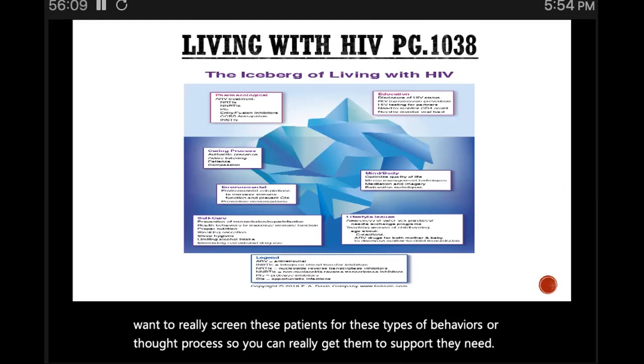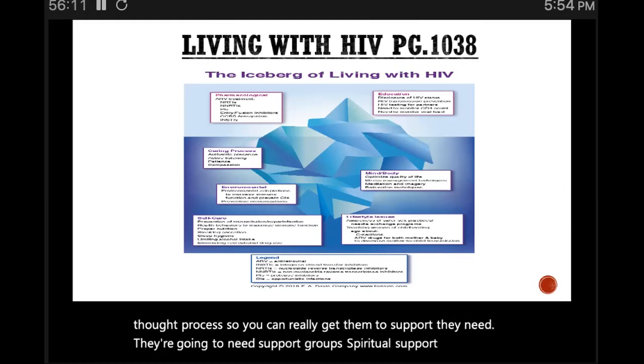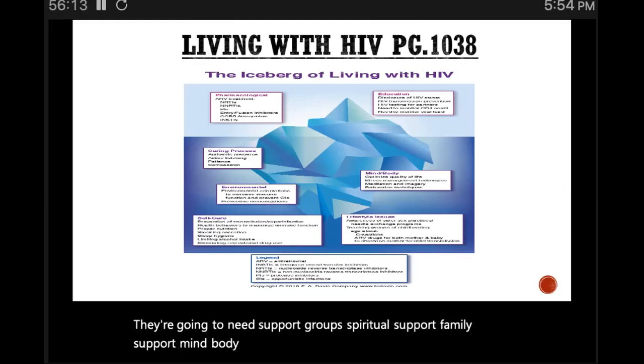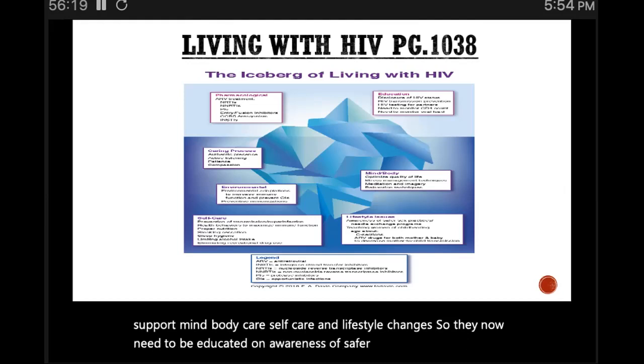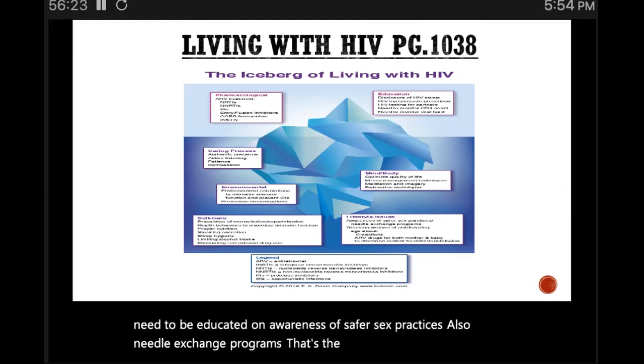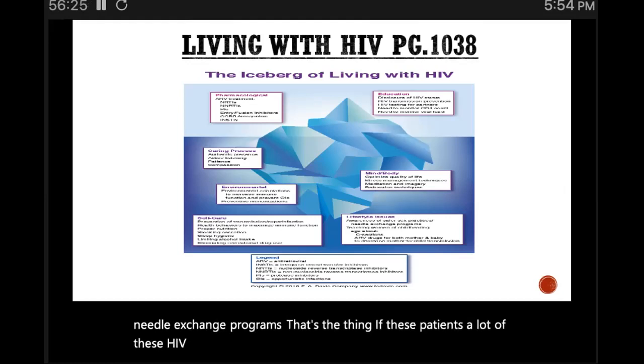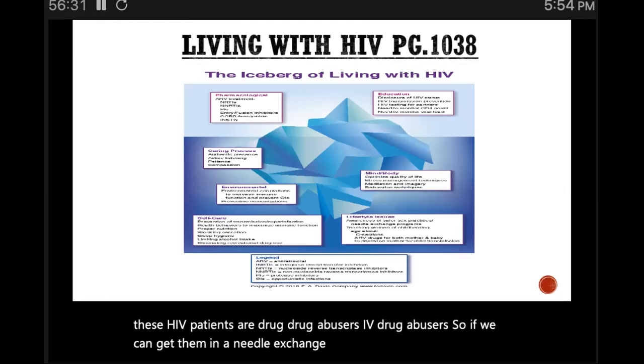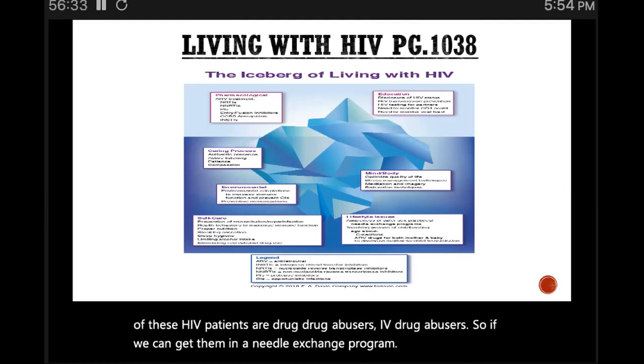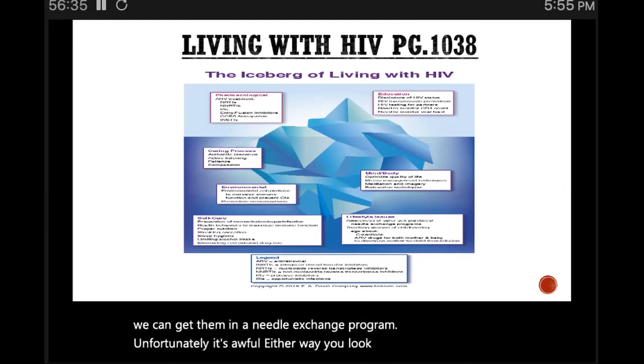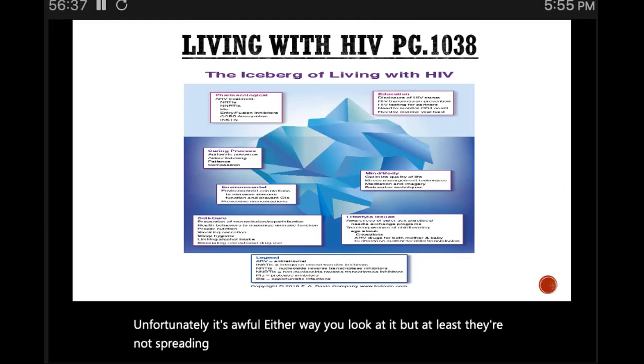They're going to need support groups, spiritual support, family support, mind, body care, self-care, and lifestyle changes. So they now need to be educated on awareness of safer sex practices, also needle exchange programs. That's a thing, if these patients, a lot of these HIV patients are drug abusers, IV drug abusers. So if we can get them in a needle exchange program, unfortunately, it's awful either way you look at it, but at least they're not spreading the virus to themselves or